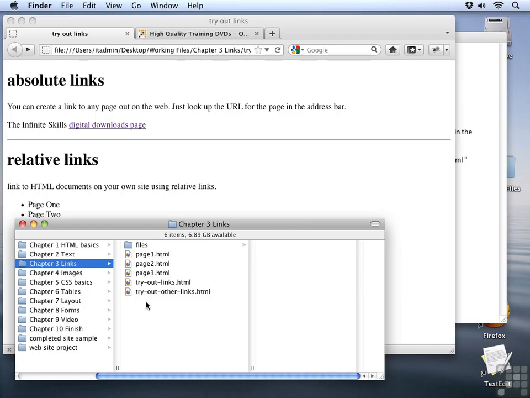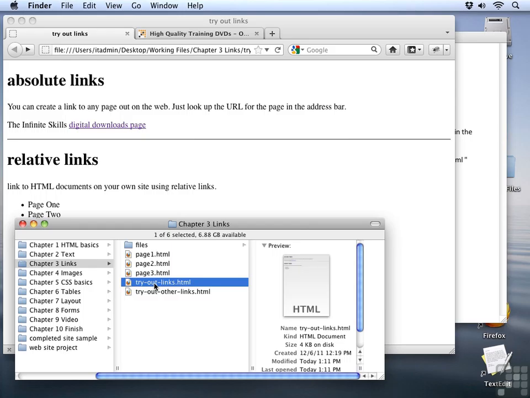A relative link allows you to eliminate the first part of a typical web address. But to understand them, we need to know what a file path is and how it works. When you use a relative link, you start out your path at wherever your document is located. So for us, that would be our tryout links HTML file. Basically, you can give directions from this location to wherever the assets are going to be. Relative links won't work very well if you're working on someone else's website, but